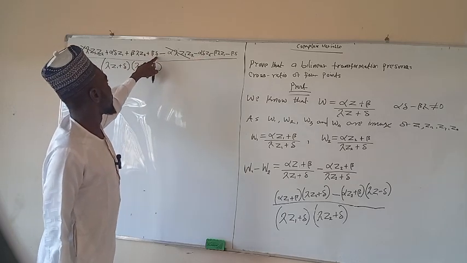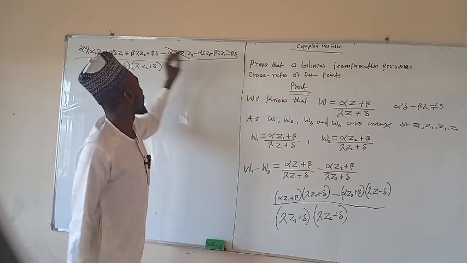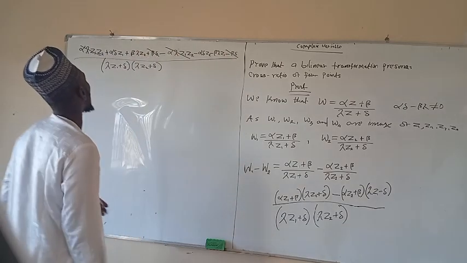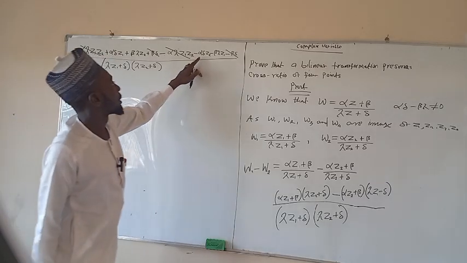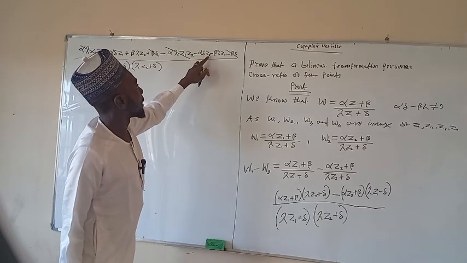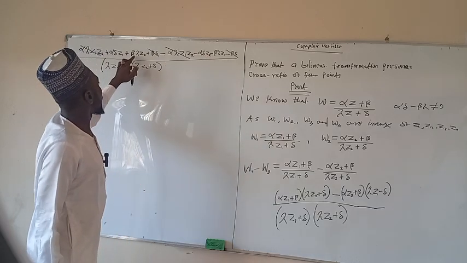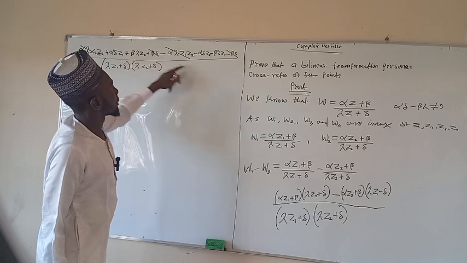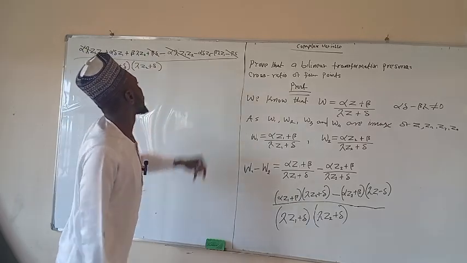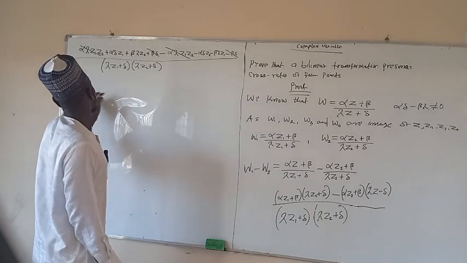We have beta delta minus beta delta, this one will kill this one. Alpha delta z1, alpha delta z2, beta lambda z2, then beta lambda z1, which means we can write this as